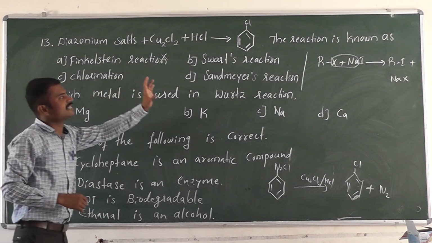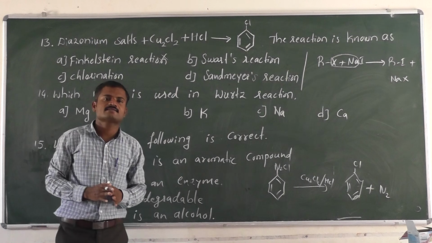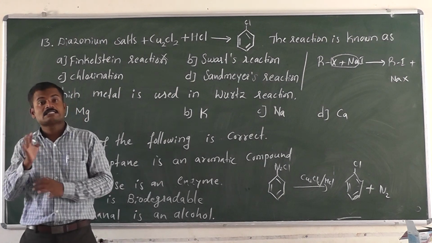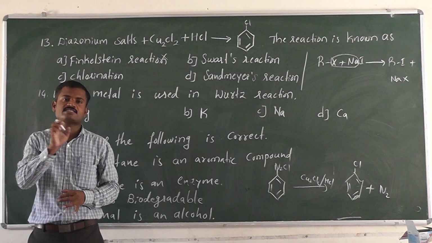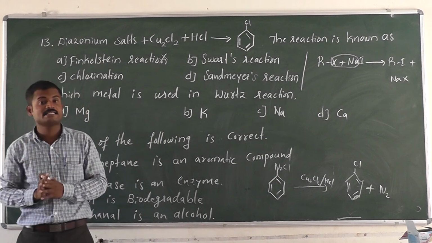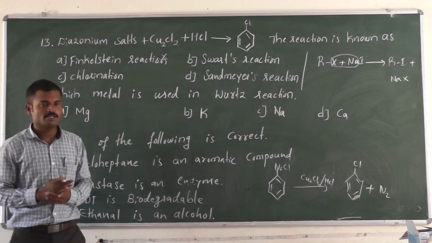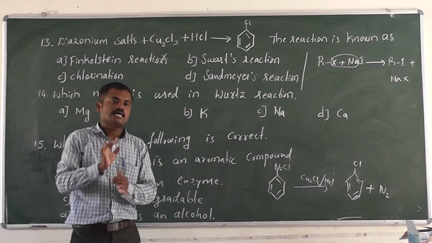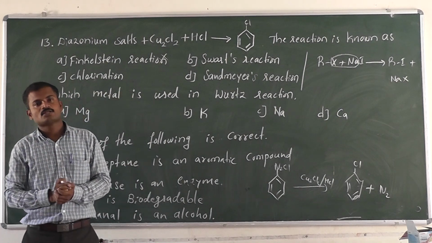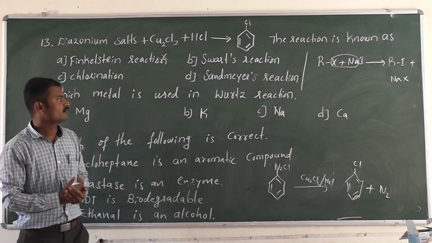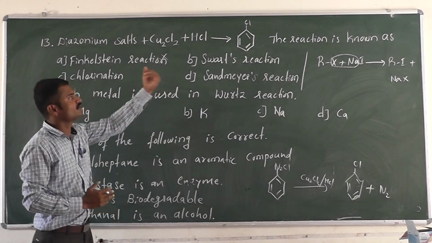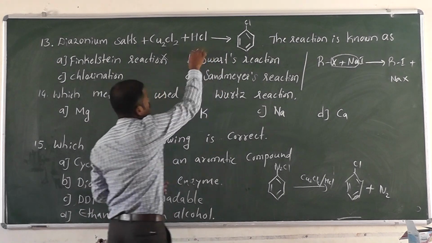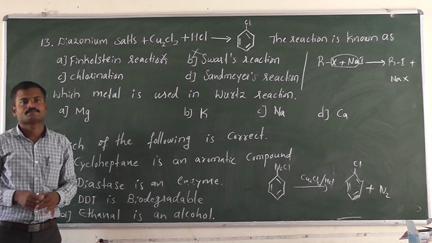Option B is the Schwarz reaction. Schwarz reaction means again we are taking the haloalkane that is treated with silver fluoride. The reagent is very important. Silver fluoride, AgF, so there is a formation of RF. That means alkyl fluoride we are getting. So the final product we are getting is alkyl fluoride. In this reaction there is no alkyl fluoride, so this option is also not correct.